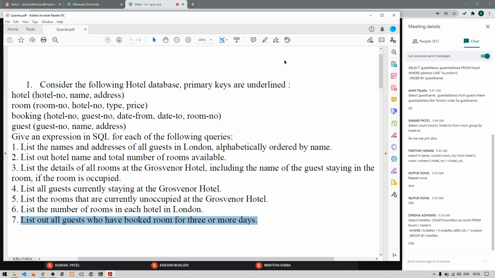You need to use an arithmetic operator, you have to use a date function. So just try to give me the answer of this.